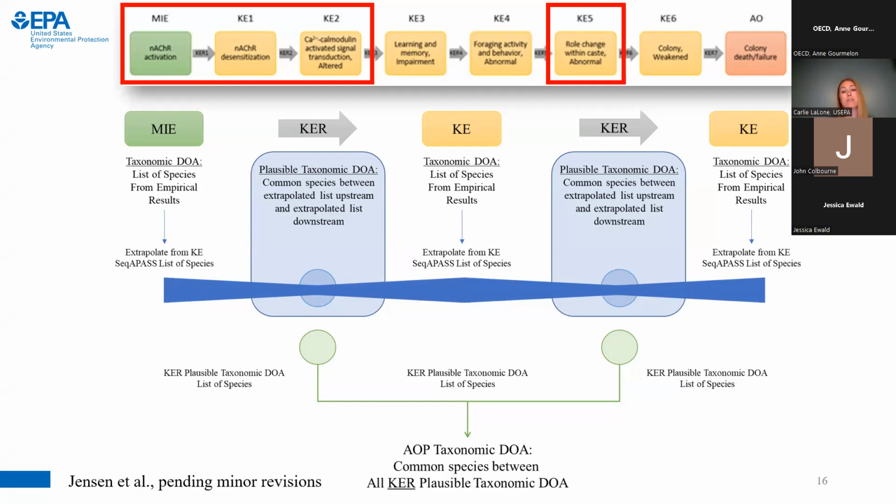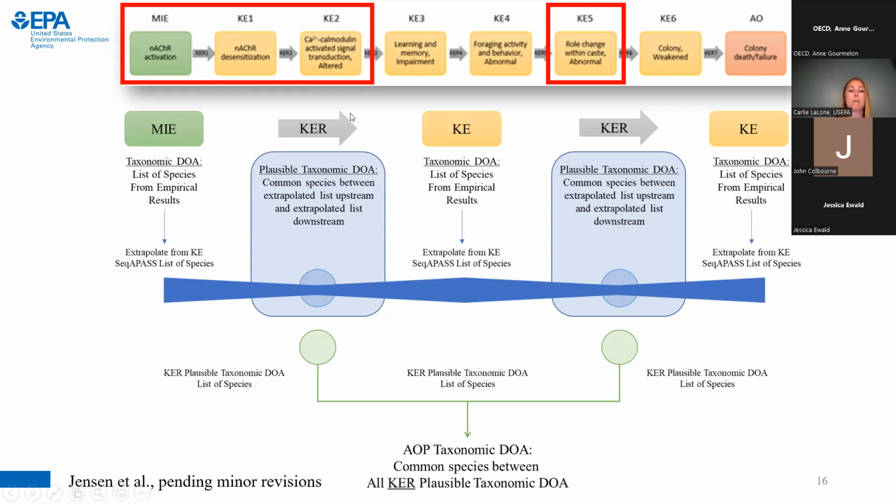So as Dries had mentioned, we can utilize SeqAPASS to generate predictions of susceptibility that can define the biologically plausible taxonomic domain of applicability. So you'd have, for molecular initiating events and key events that are early in the pathways, where proteins have specifically been used to define the key event or the molecular initiating event, we can begin to extrapolate that knowledge from the species that are existing in the AOP from the developer and extrapolate that information to lists of hundreds of species,